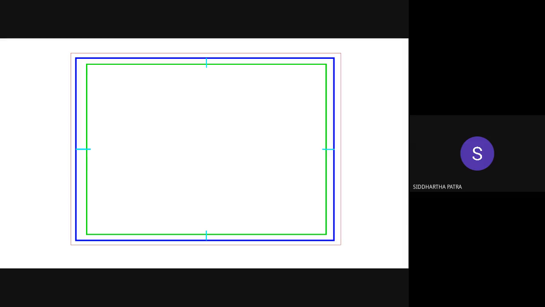Now we are taking 4 center lines. These are there for broadly segmenting the entire paper. You can mentally imagine that the paper can be divided into 4 segments. Now 4 center lines are drawn exactly in the middle of each border line, and that slightly protrudes inside the working area.